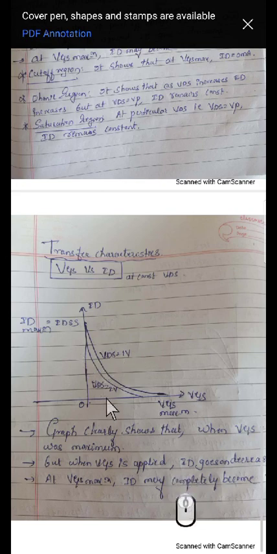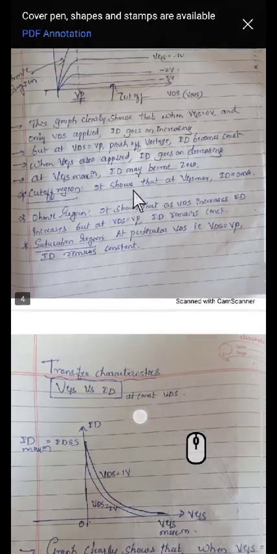Second curve you can get for another constant value of VDS here. Same thing, VGS 0 volts, ID maximum. You make VGS maximum, ID keeps on decreasing and it becomes 0. This is transfer characteristics of P channel JFET. Hope you have understood. Transfer characteristics is VGS versus ID, whereas drain characteristics is